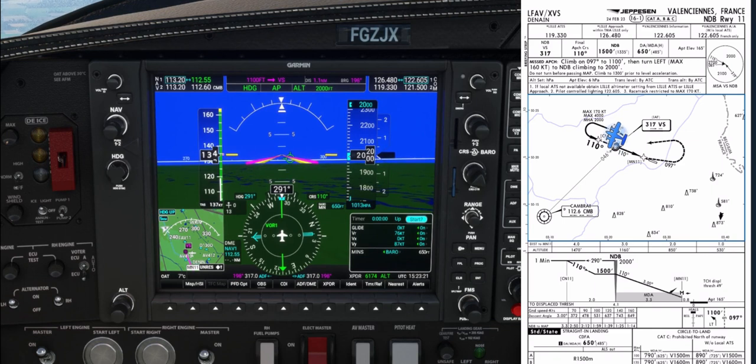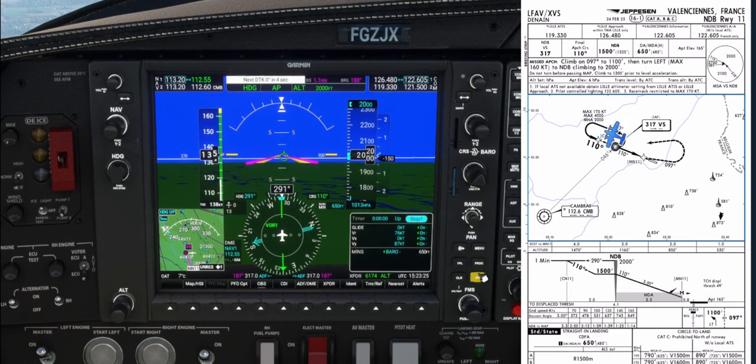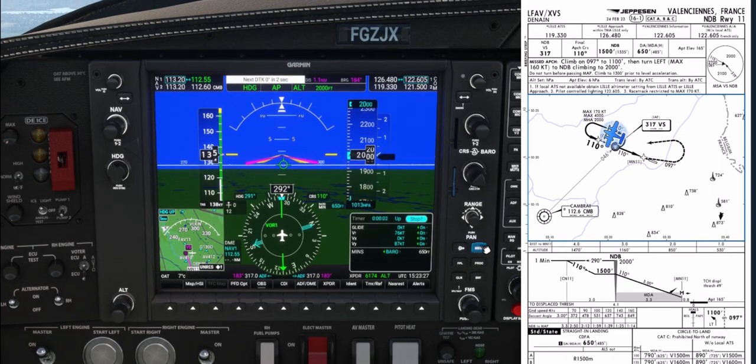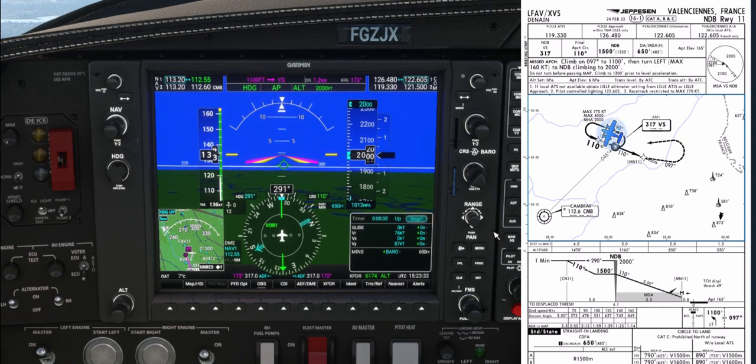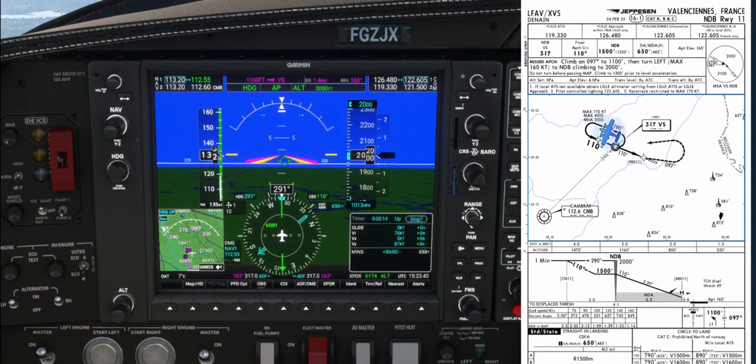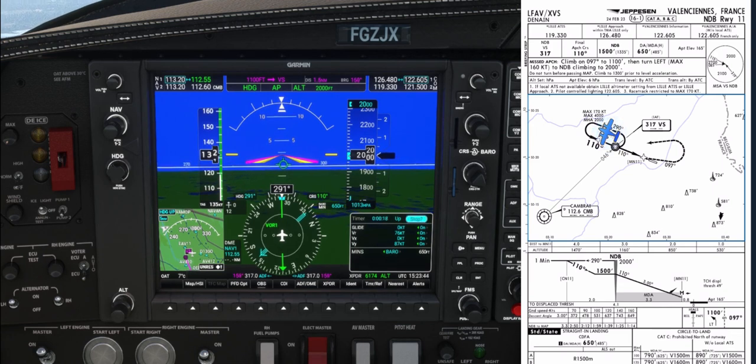Abeam the station, start the timer. Here we see that we have no crosswind, so no correction to apply laterally. Otherwise we would have to apply a correction equal to the crosswind component, refer to the holding module. We see also that we have a tailwind of 12 knots, we will then reduce the outbound time by half of this number, that is 6 seconds, for an outbound time of 54 seconds and a 2/3 of time of